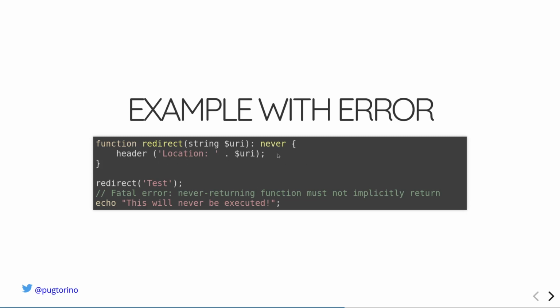So it's a way to remember that if you write never here, you are assuming that the redirect function will terminate the execution. So you are actually putting more constraints in your code using the never type, and this can be helpful to prevent mistakes like this. So you forgot, for instance, to write exit in one redirect function. So I think this never type can have interesting use cases as well.